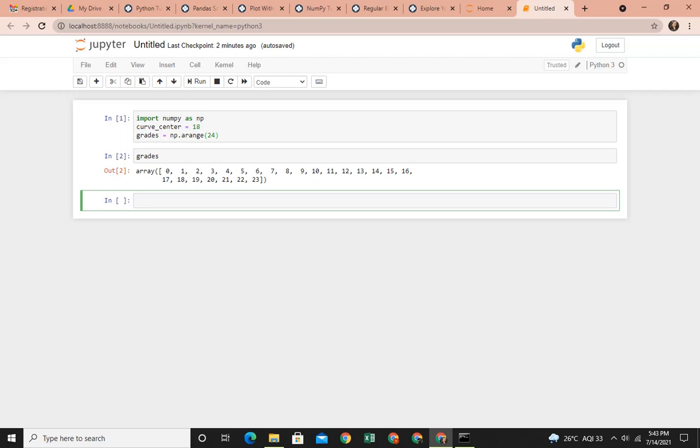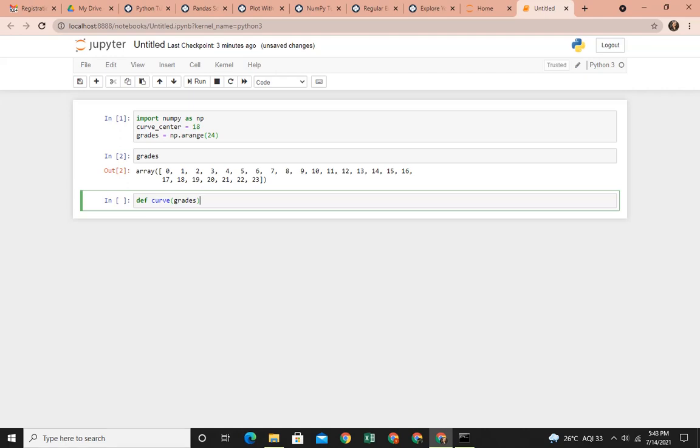Now let's say I want to calculate the average of the array. This is just an example. You can have your own array on which you can execute this method. Here I am defining a function.